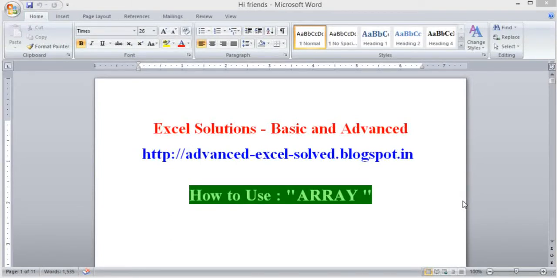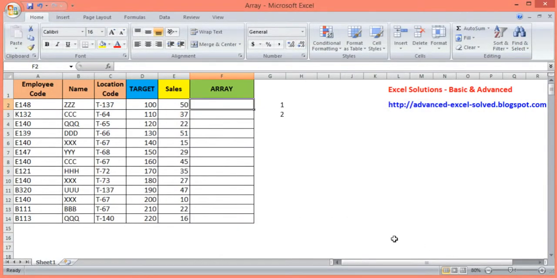Today's topic is array. Array is a difficult topic but a very useful tool, and I'll make this topic very easy for you by giving an example first. It is very easy. Okay, so let us give an example. I have these 13 numbers written here in the sales column. If I ask you, give me the sum of the two largest numbers out of these 13 numbers,